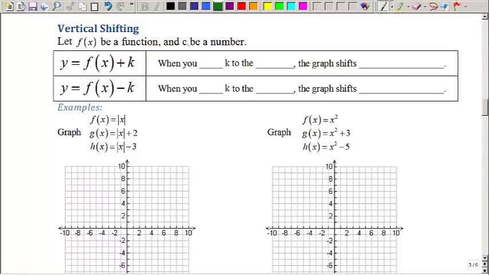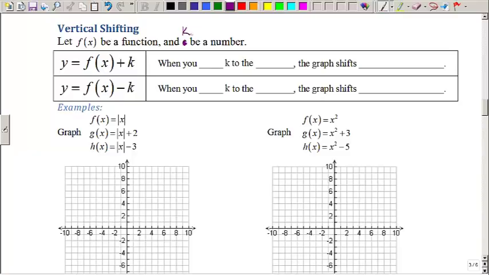Now that we have our 5 basic functions down, we are going to start transforming these parent functions into transformed functions. The first transformation we'll be looking at is vertical shifting. So let's say I have an f of x parent function. It should say k